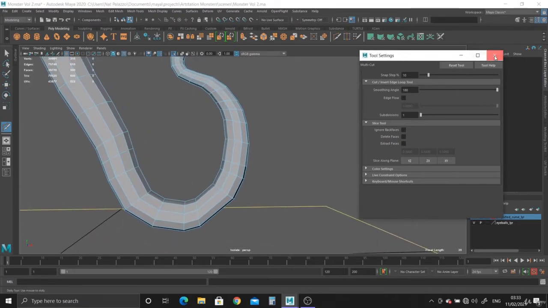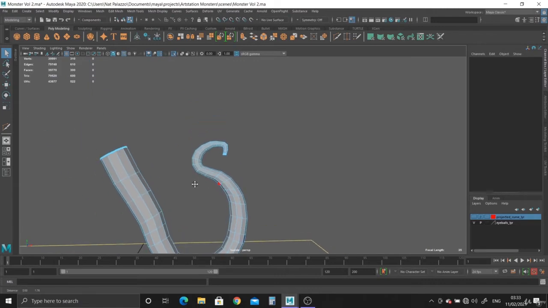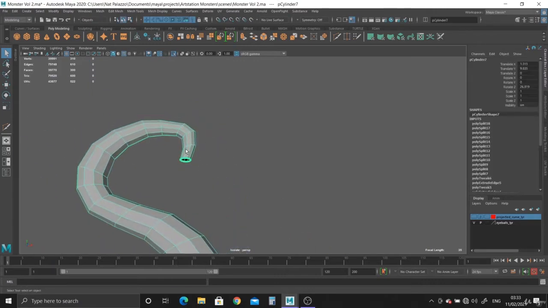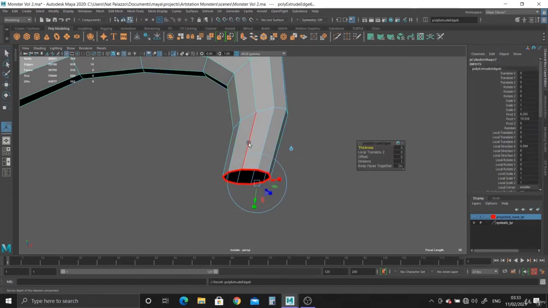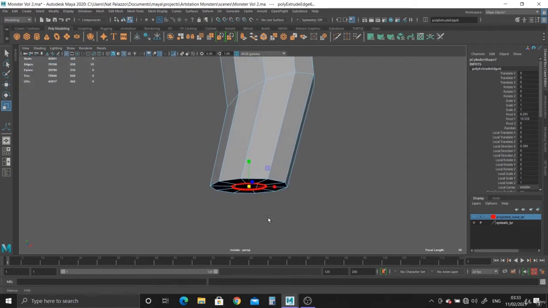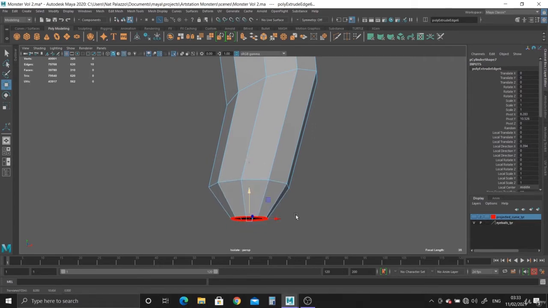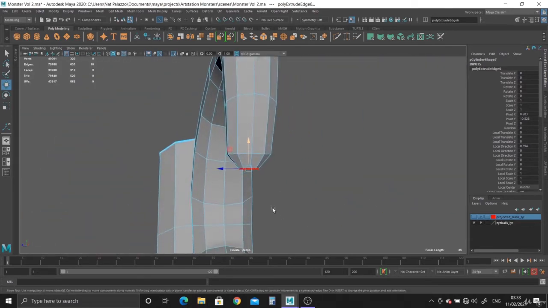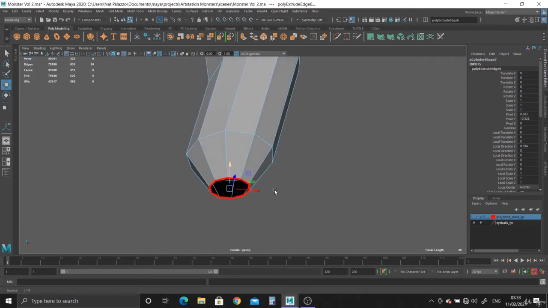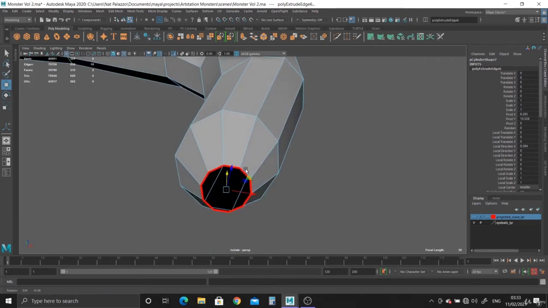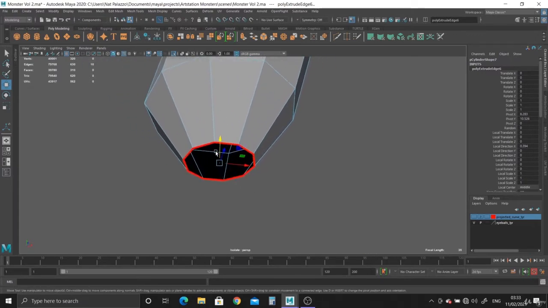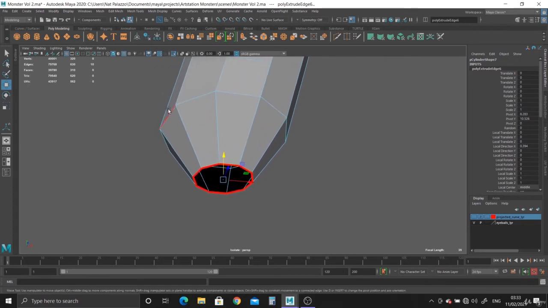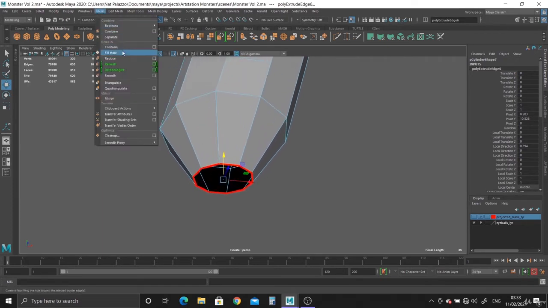Yep. Reset. Boom. As you can see, they're not even, but we're going to do that in a minute, because what we need to do first is close this off. So double click, got the edge loop, extrude, R for scale, and let's just bring it in. Now we can try doing it this way instead of always waiting until doing the soft select. We can start creating the curved point while we're actually modeling it. But we still need to close it off, and it's still going to be a little bit flat. That's the thing. But anyway, got a mesh, fill hole,